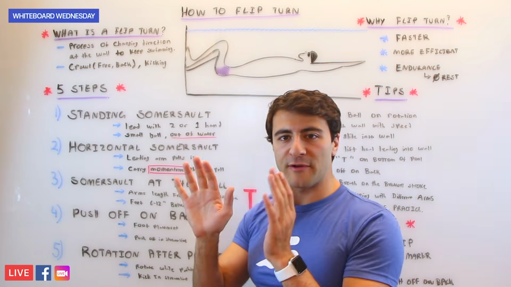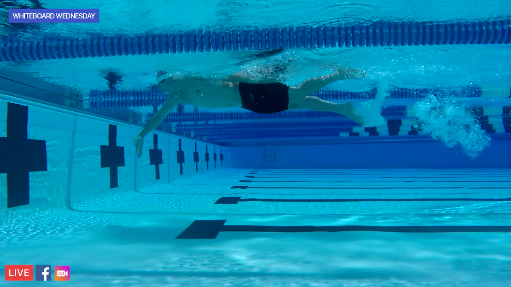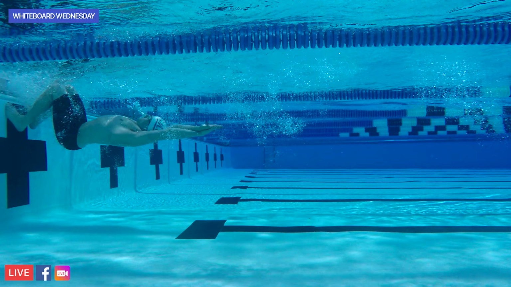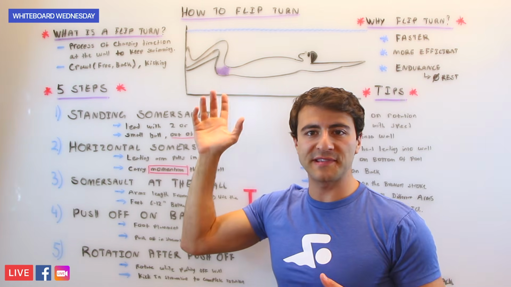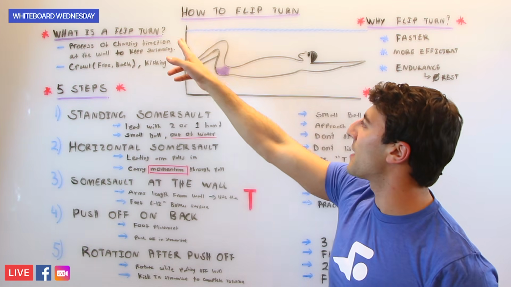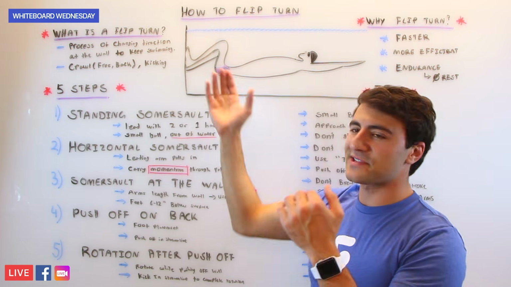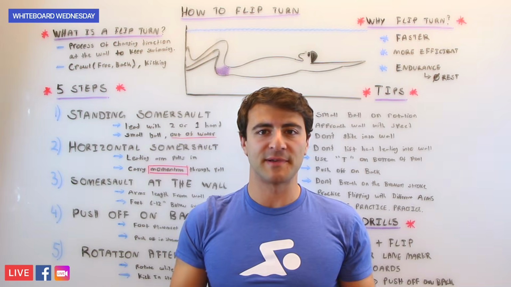So step 3 is doing the somersault at the wall, and you want to finish this step, step 3, with your feet being lined up 6 to 12 inches, or less than half a meter, underneath the surface of the water. Your toes should be pointing to the sky, to the top of the water, and your body should be in a position like this image right here, where you're ready to push off the wall. If you look at this image, you can see the swimmer's feet are about 6 to 12 inches underneath the surface of the water. Their body is compact, and their arms are already in the streamlined position.